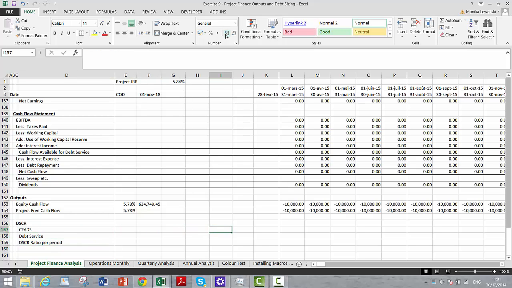Just look straight up to the cash flow available for debt service, get the interest plus the repayment. And why don't we put an if statement that as long as this is greater than some small number,